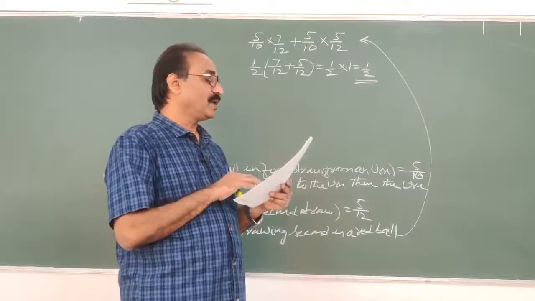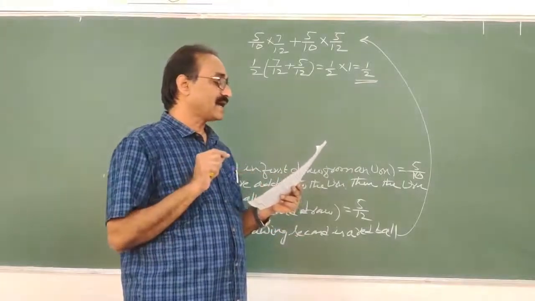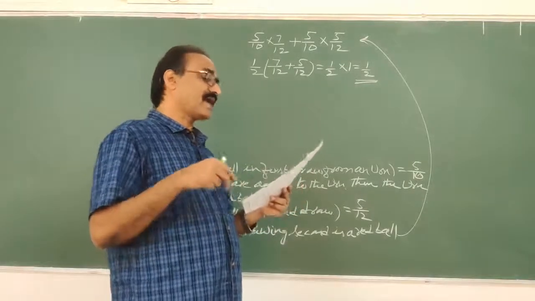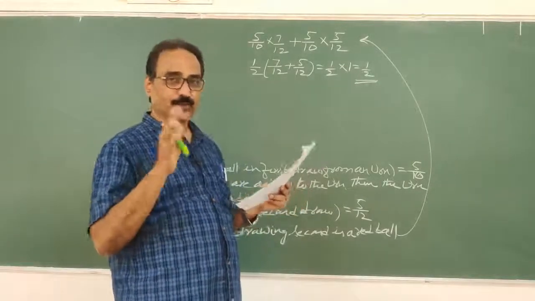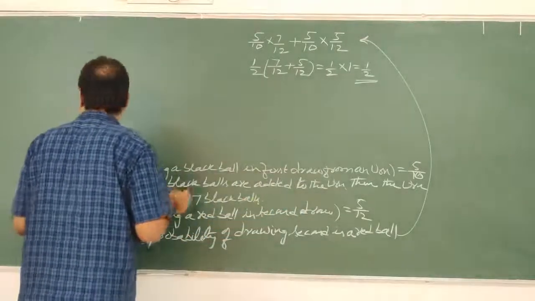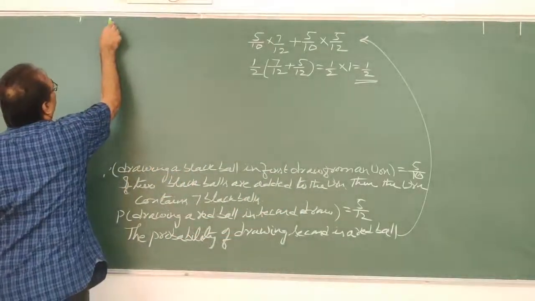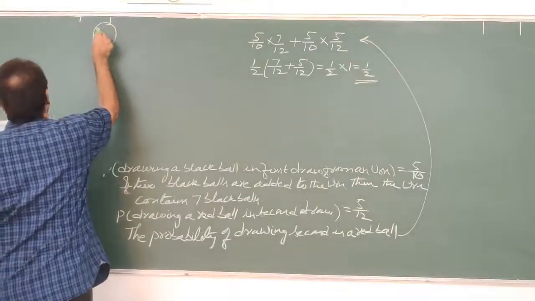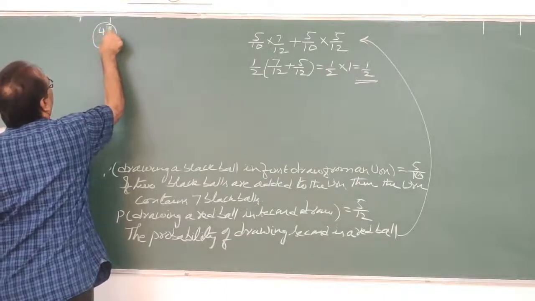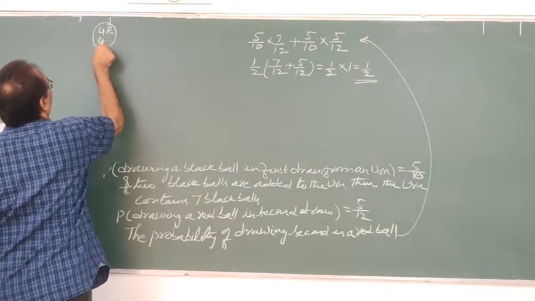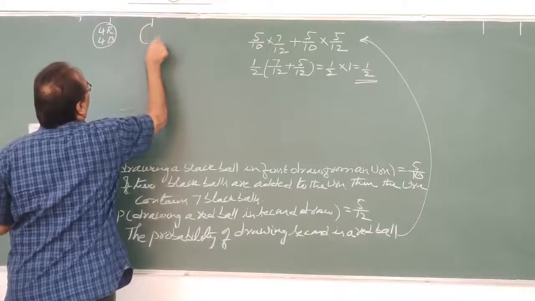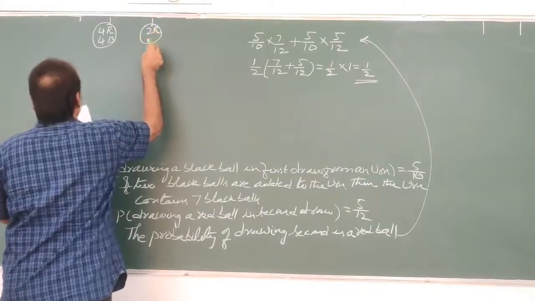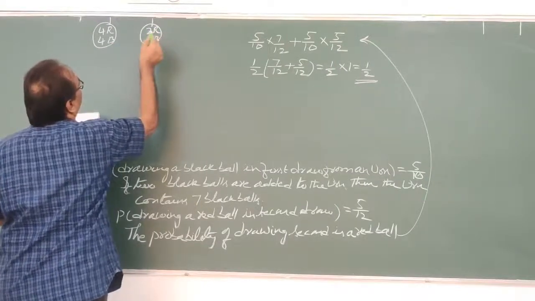Now, according to the problem, we have a bag that contains 4 red and 4 black balls. Another bag contains, means how many bags are there totally? 2. So let us say here problem number 2 according to the textbook. Now you take here, for example, this is bag 1. Here what is there? 4 red and 4 black. Next bag contains 2 red, R means red, 2 red and 6 black balls.